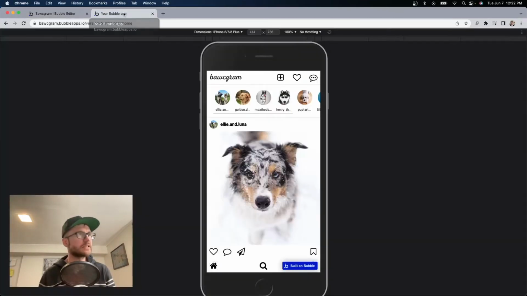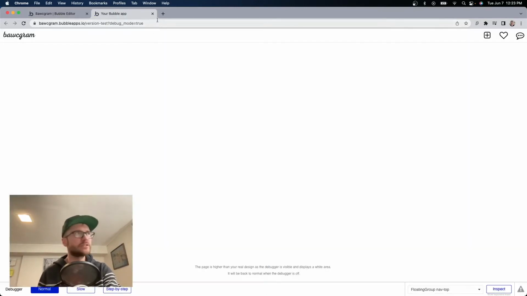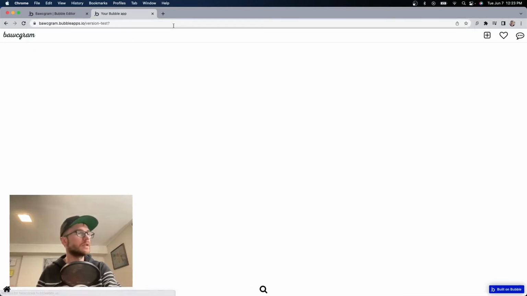Some of you have been asking how to get your preview mode to look like this. Let me show you. Let's open a preview. First thing I do here is I take off debug mode usually. I can just take it right out of the URL. And that takes that debug bar off the bottom. Also, if I want to view it in mobile,